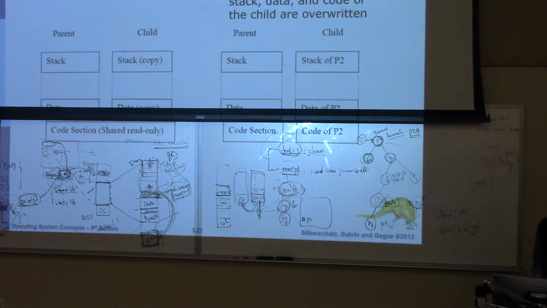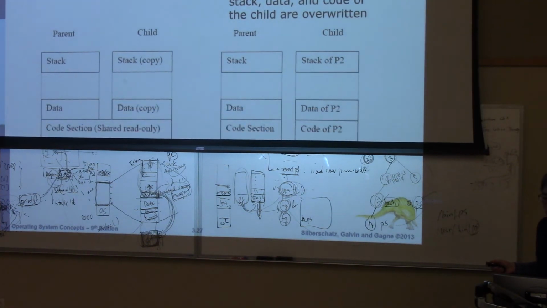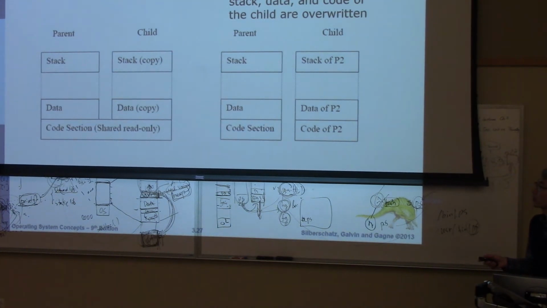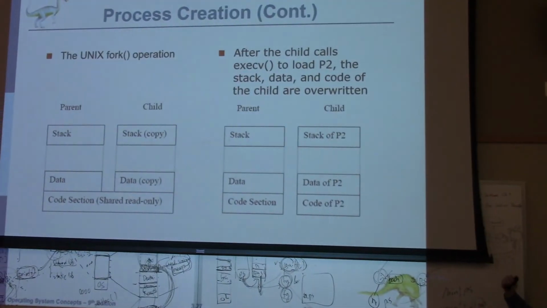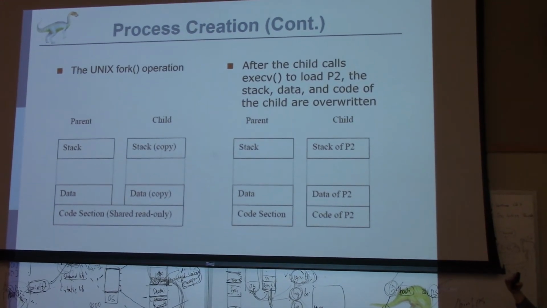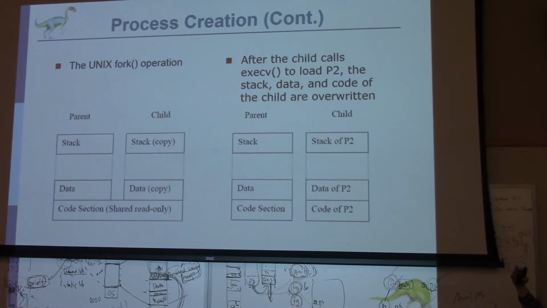So, when we create during the fork, except for the code section, it will be exactly copied. Which means, if you just use fork several times, what happens? Several same programs running together. A number of processes will be created, but they are the same, identical. Okay? The only difference is the ID. So, for example,